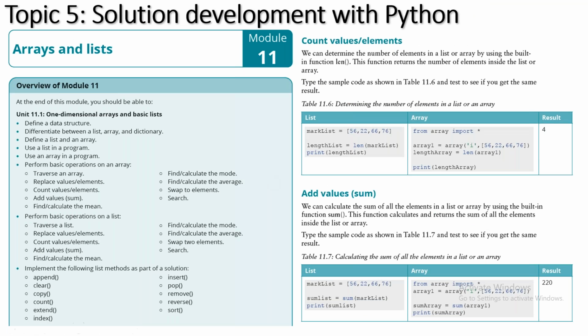The last module that we end off with in level 2 is arrays and lists. So this is now data structures. Again, we introduce them to the concepts, make sure they have an understanding as to what lists are, what arrays are, what dictionaries are. So this is where they start building their foundation.